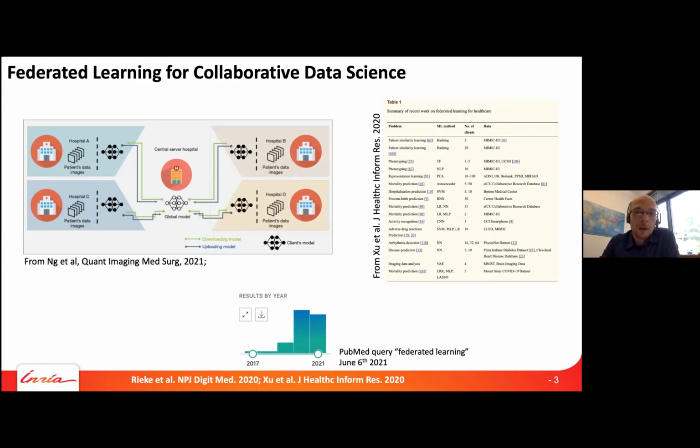Here I'm showing a figure I took from a recent paper on federated learning in healthcare. We can imagine having different hospitals, each with its own data set. Hospitals are willing to participate in a research project, but they cannot share their data. They cannot let their data go outside their own server. So we can have a centralized entity, a sort of star-shaped architecture. What the centers can do is train or do some work locally: train some model, estimate some parameters. And what they can share is not the data itself,